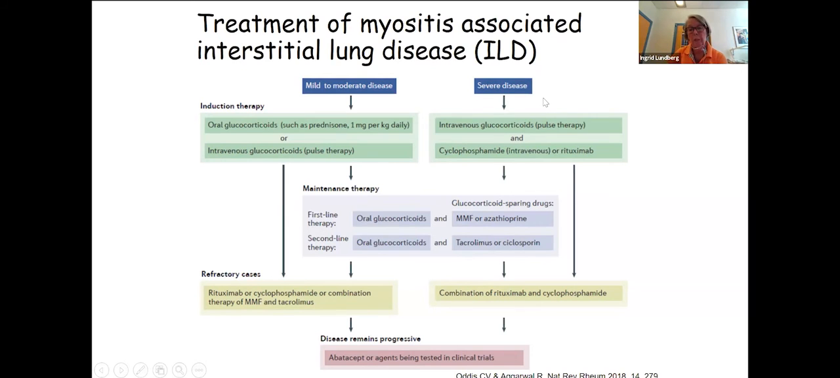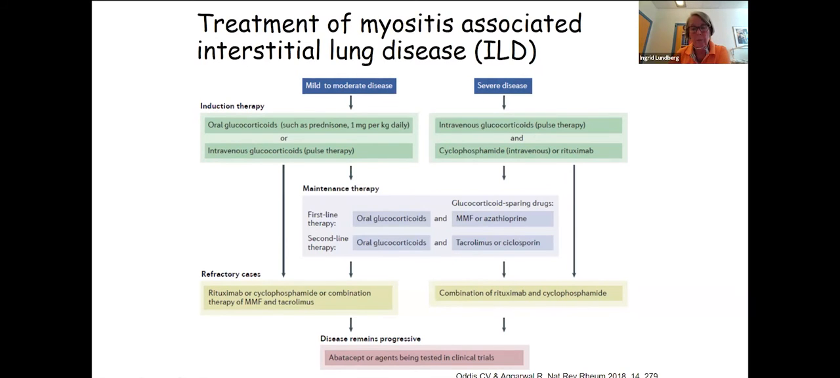But if you have a patient with severe interstitial lung disease, which could be severe involvement, rapidly progressive, then there is a suggestion to start with intravenous glucocorticoid pulse therapy in combination with cyclophosphamide or rituximab. And then maintenance therapy is similar to the induction therapy, similar to those with moderate disease. But if patients are refractory with severe disease, you can even consider combining rituximab and cyclophosphamide. And of course, there are many different variations in how you use this therapy, and these are really our